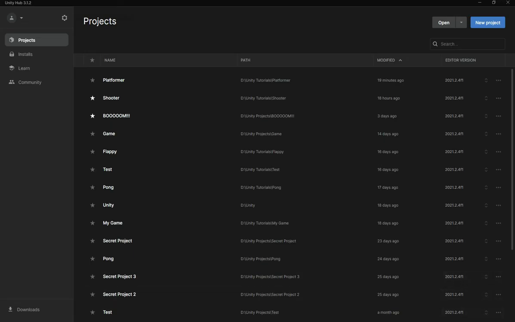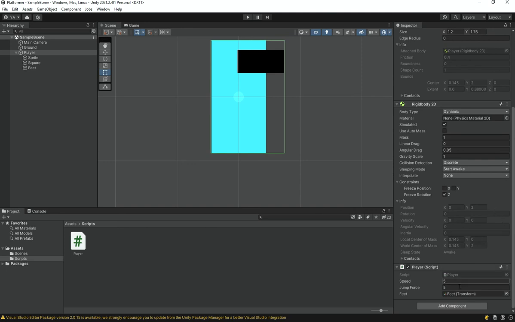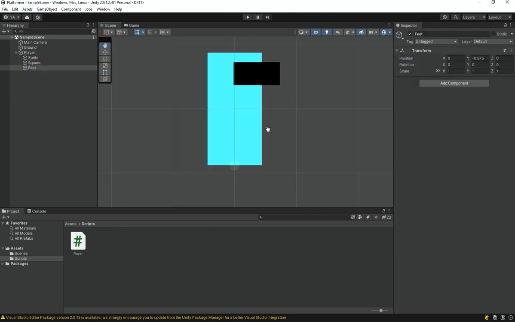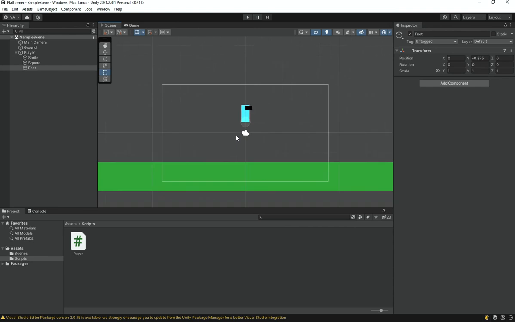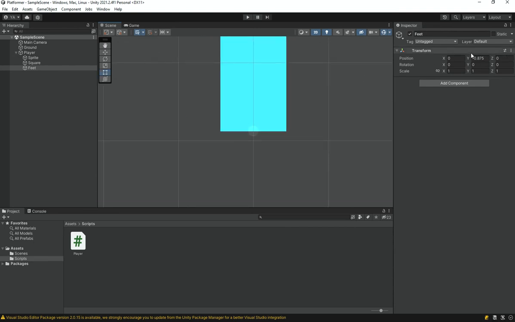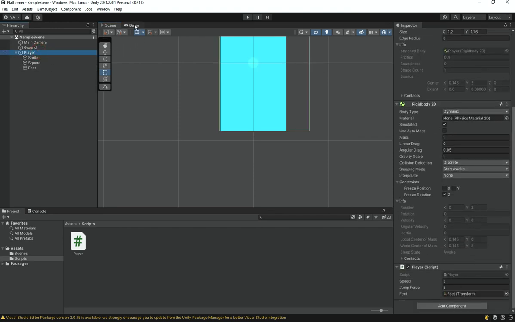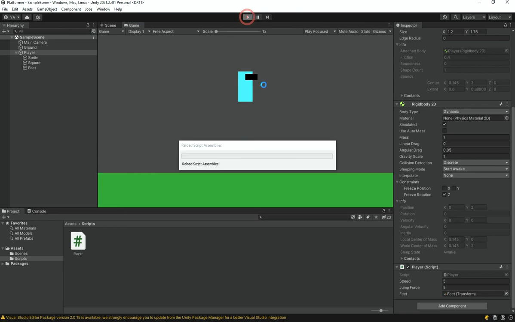So I'm going to go under this Unity, and then in here you can see that I got my player, and I have already created a feet transform here, which if you look at the circle I have placed here, at the feet of the player at this position, and I have selected that as the feet transform here. So now if I hit play, then this should not work,